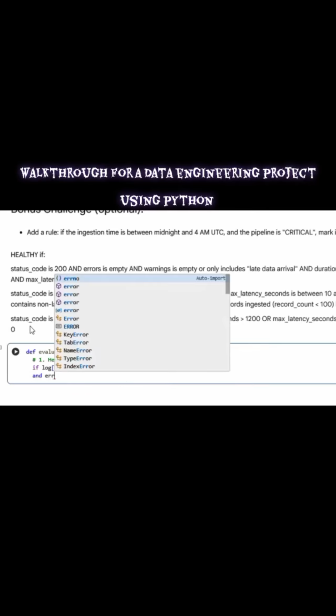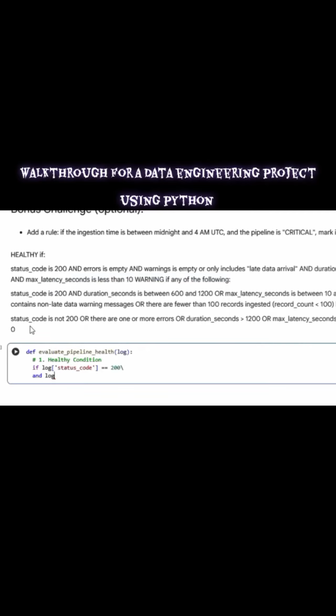First of all, we check what the status code is. Is it 200 or not 200? The next one is: is the errors list empty, or does it contain a value? If it contains a value, that means it's failing our condition. So we want to say that, and the next one, sorry, so we have to say and the errors log